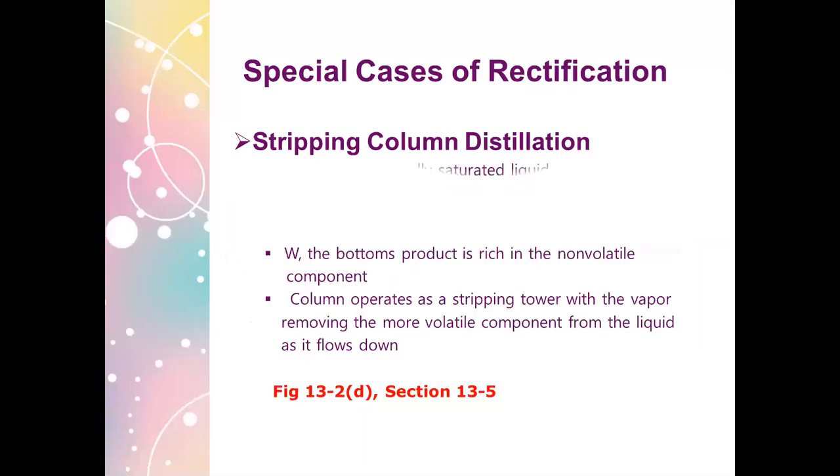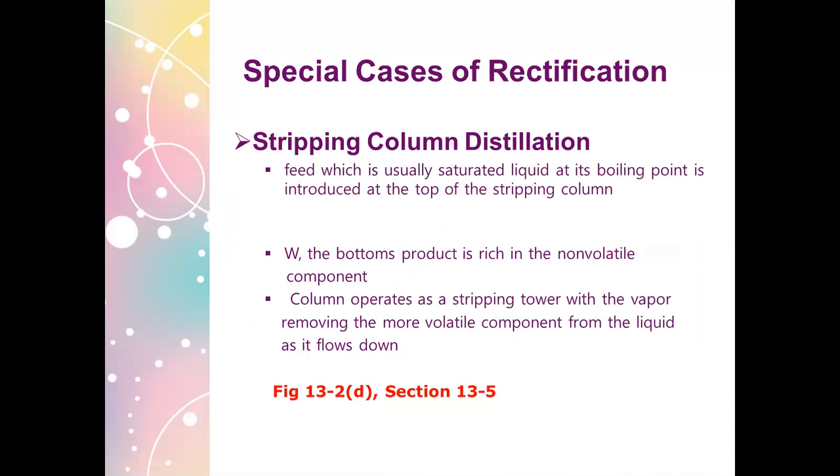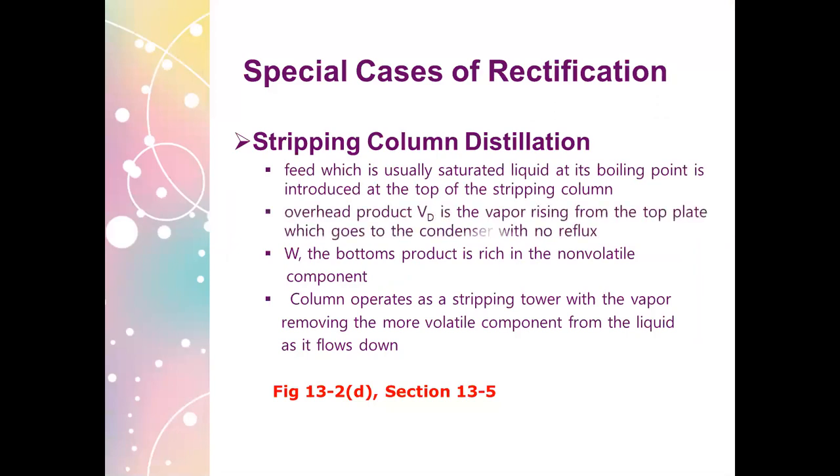So we also discussed last meeting the first two special cases of rectification. As a review, we talked about the stripping column distillation and the enriching column distillation, in which, of course, we don't have the complete sections of our still, but we only have one of each of the two sections in our still. That is why it's under special cases of rectification. But before we go to each one, anyway, I've just run through as a review what we have discussed last time. Is there any question as to the